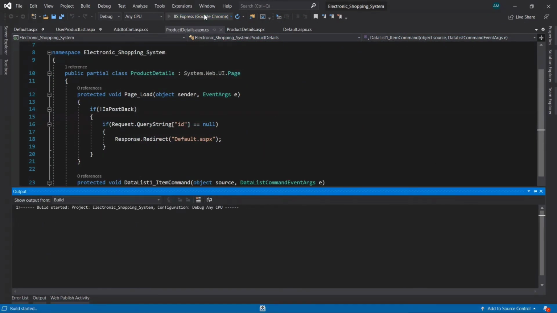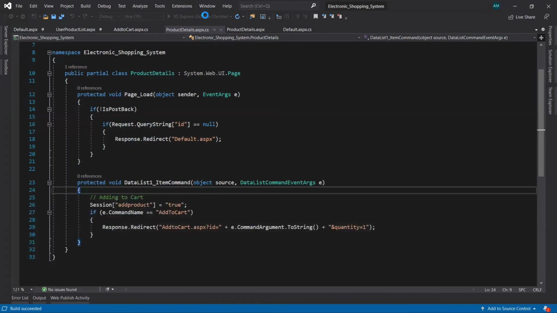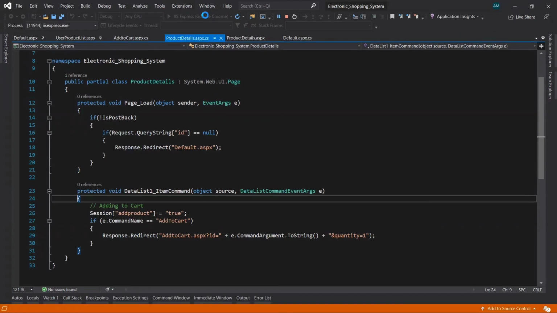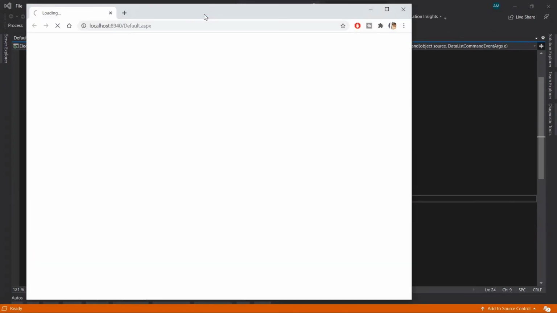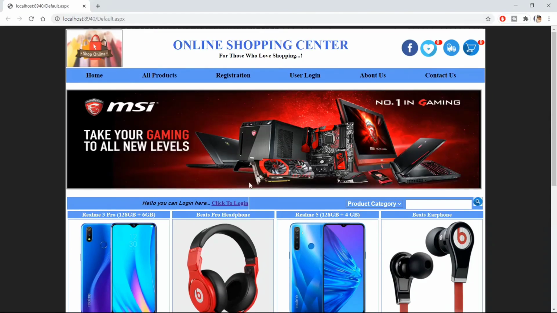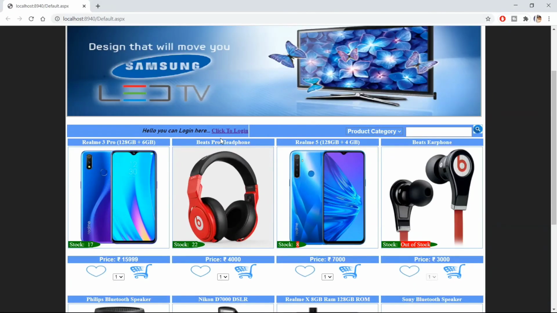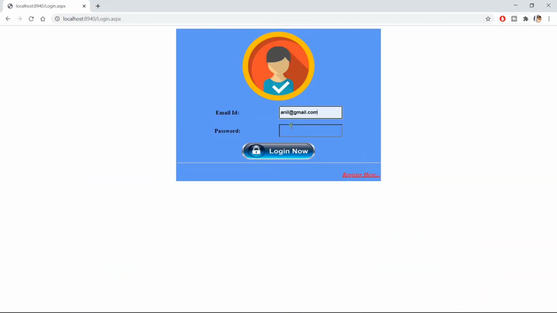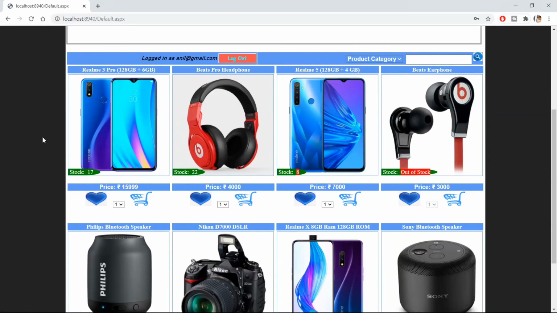Now let's run. Now it should run. Let's see. Yeah, now it is going to run. Okay, let's first log in and then see the details view.